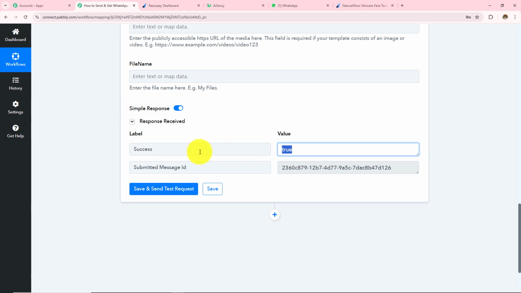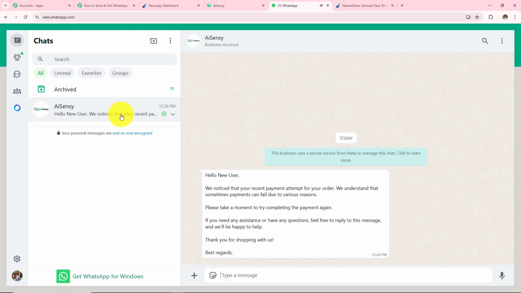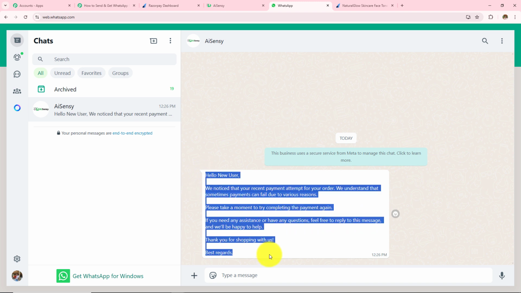Now I should receive a WhatsApp message. So let's open my WhatsApp. And here I have received the response. Hello new user, the submission was made by the new user. We noticed that your recent payment attempt for your order. We understand that sometimes payment can fail due to various reasons. Please take a moment to try completing the payment again. So this is the same message template that we have created in AiSensy and that we just entered in my